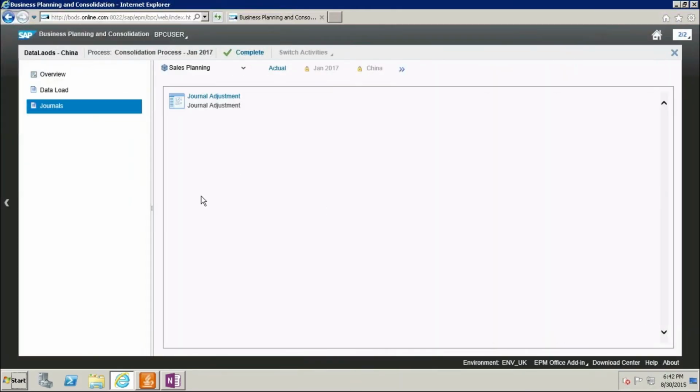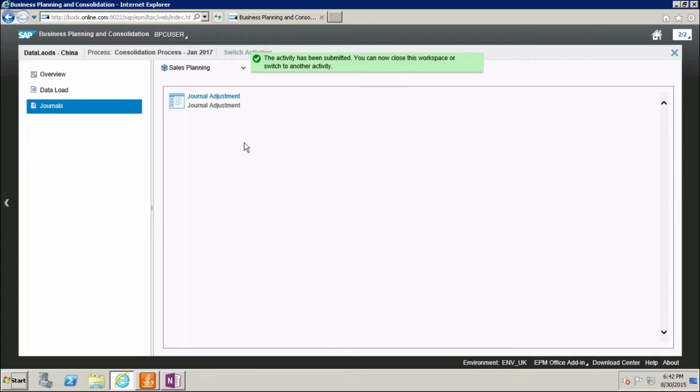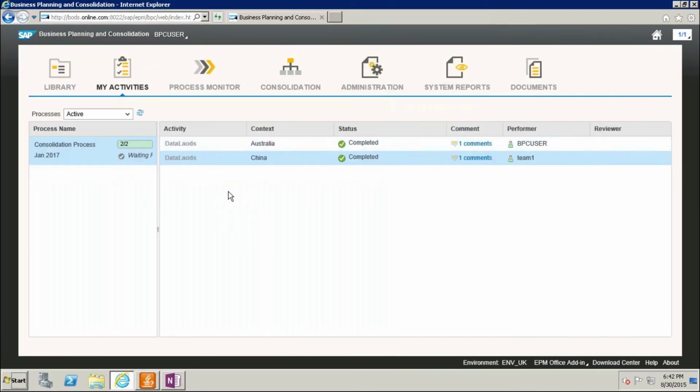Once the journals are completed, you go and complete your part and add a comment here, XYZ, and click OK. Then this activity is completed. So both activities are completed and it is waiting for finalize.